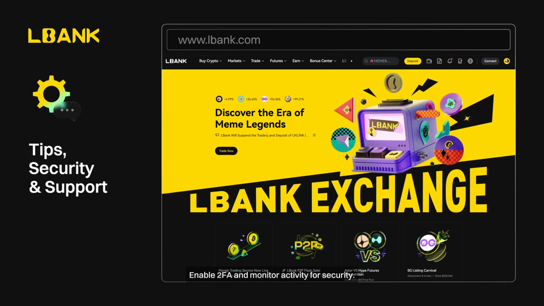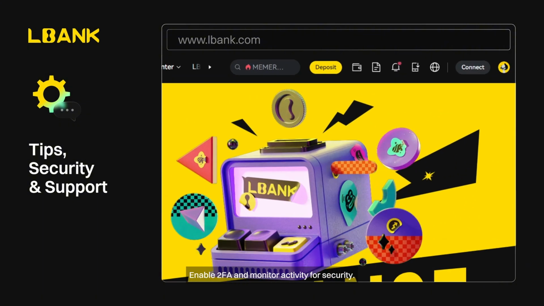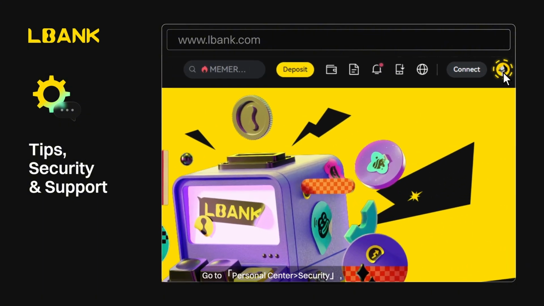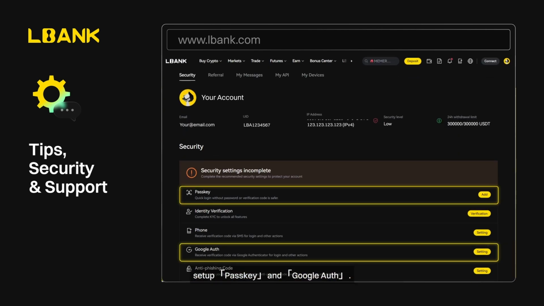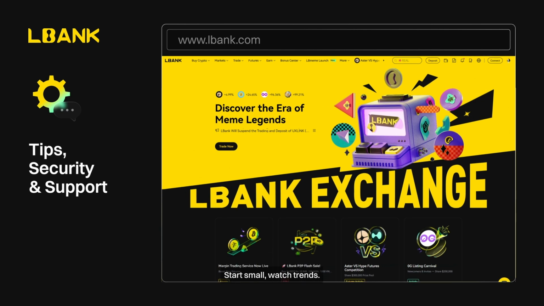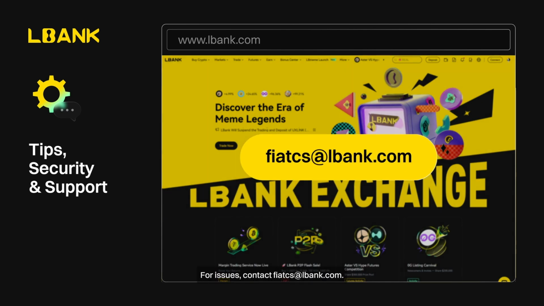Enable two-factor authentication and monitor activity for security. Go to Personal Center Security. Set up Passkey and Google Auth. Start small, watch trends. For issues, contact